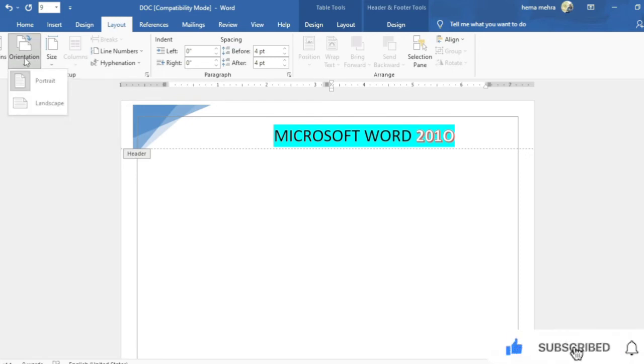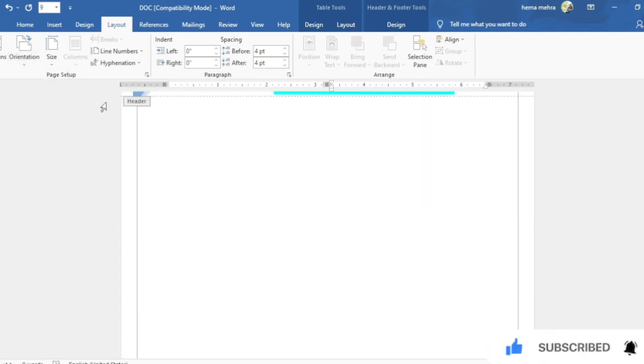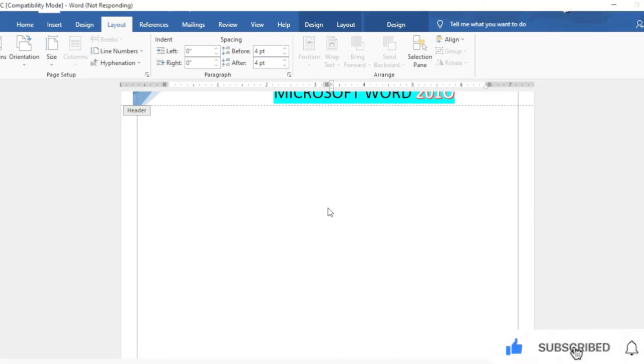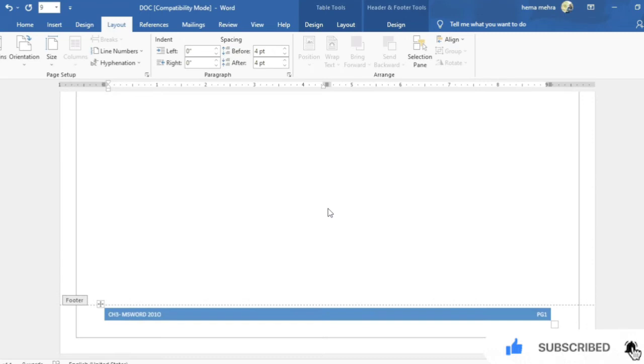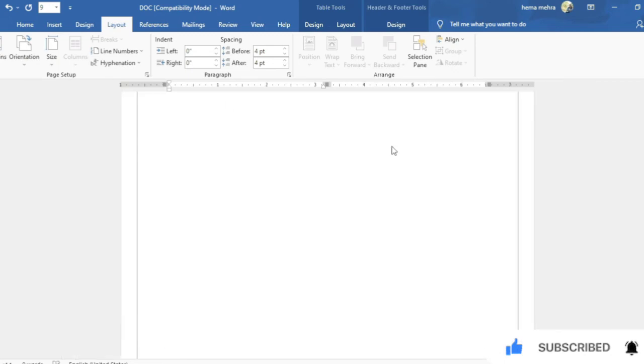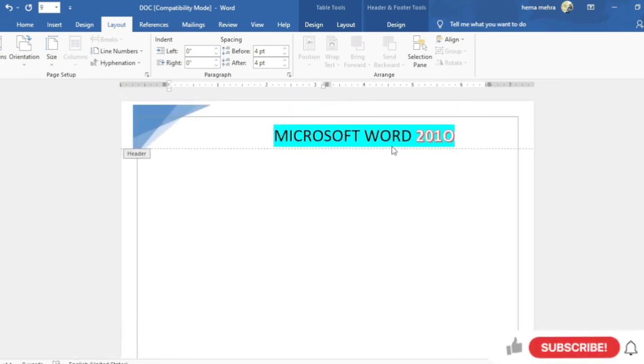So for changing page orientation, as you can see, this is our page in a portrait way, and now I'm changing it into a landscape way. Now this will take a little time, and now you can see our document is totally changed into landscape. There is not a big difference in landscape or portrait, only the margin area gets larger in landscape, and in portrait our margin area becomes a little smaller than landscape. So this way we can change the page orientation.